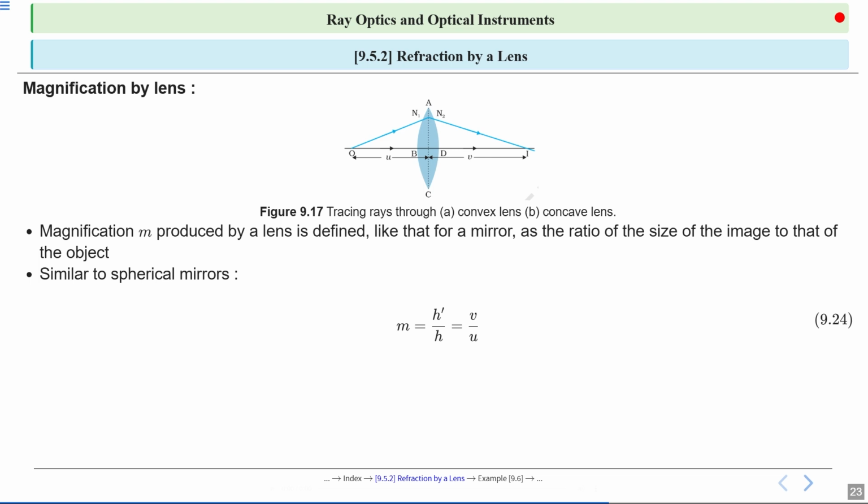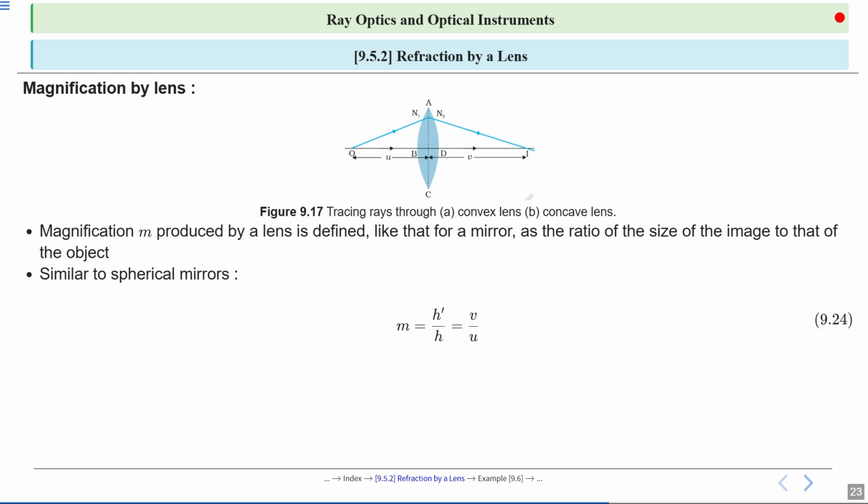Okay, why? Because in mirrors, we derive this formula by using the image formation by concave mirror. In the case of concave mirror, for real image, image is inverted. So H dash is taken as negative, H as positive. And image is formed in the same side of the object, so both image distance and object distance are taken as negative. So minus V upon minus U. So minus H dash upon H equal to minus V upon minus U. Okay, so after cancelling out the negative signs, it became H dash upon H equal to minus V upon U in the case of mirror.